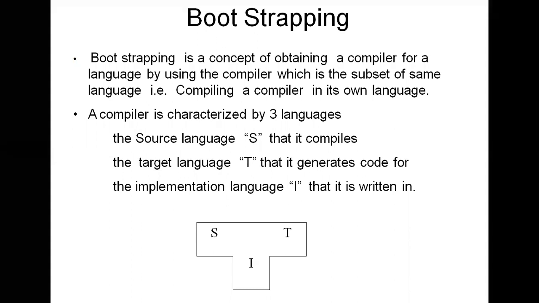What it means is a process in which a simple language is used to translate a more complicated program, which in turn may handle far more complicated programs. And again, this complicated program can further handle even more complicated programs. The process can go on like that, handling more and more complicated programs. So finally, we are defining bootstrapping as compiling a compiler in its own language.